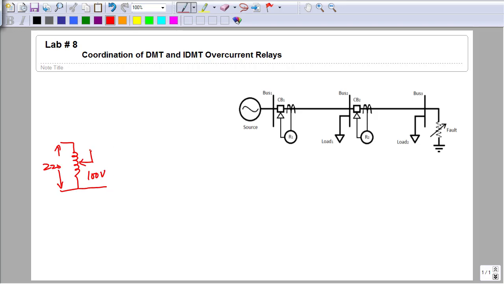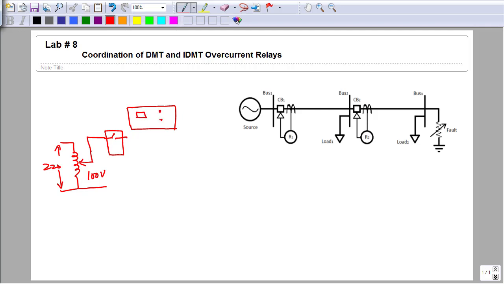Then next is the circuit breaker, so here is the circuit breaker. Next is the relay. Because the current is not very high, we are not going to use any current transformer between the system current and the relay. Current will be passed directly through that relay. The relay that we use is the same relay on which the student has performed experiments in sets 1 to 7. So here is the display of the relay.